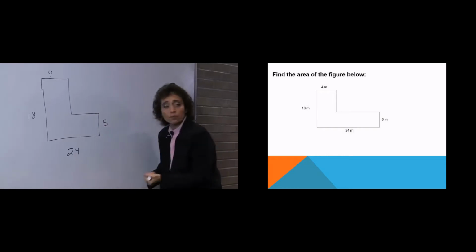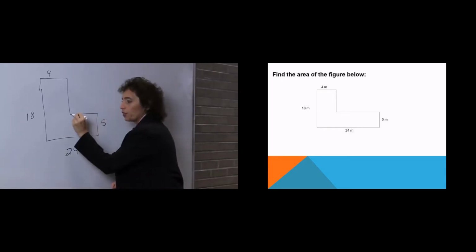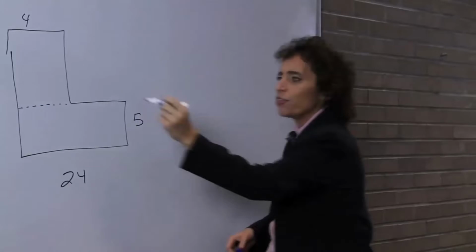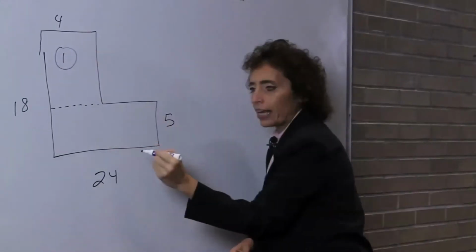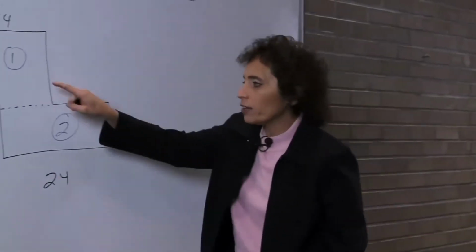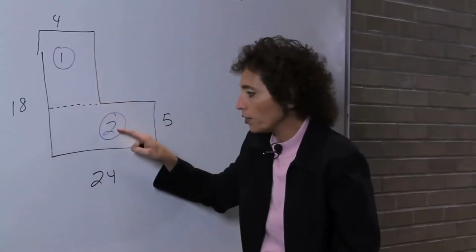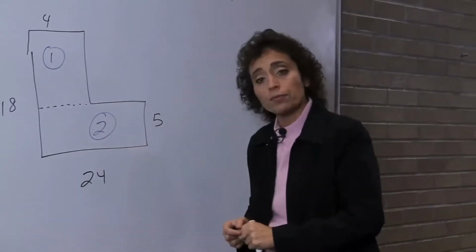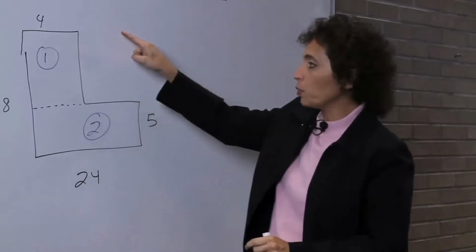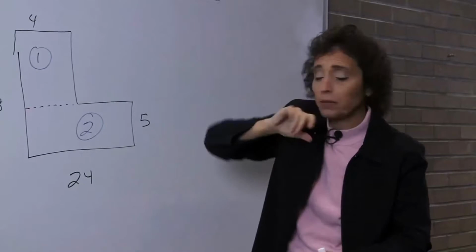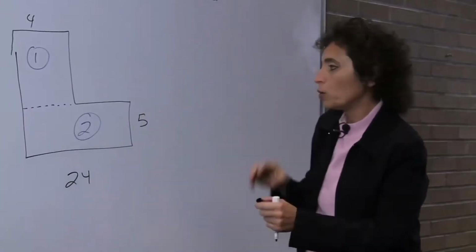What if I just did something as simple as either this, going across here, or going down? It doesn't really matter. I'm going to go across. That's one way I can do this. So now I have this rectangle, and I have this rectangle. Okay? If I can find the area of this rectangle, and I can find the area of this rectangle, I can add the two areas together, and I'll have the total area. Another way you could do it is some people like to fill in the entire rectangle and then subtract out the piece they filled in. I kind of like the addition route, but you do whatever you want.